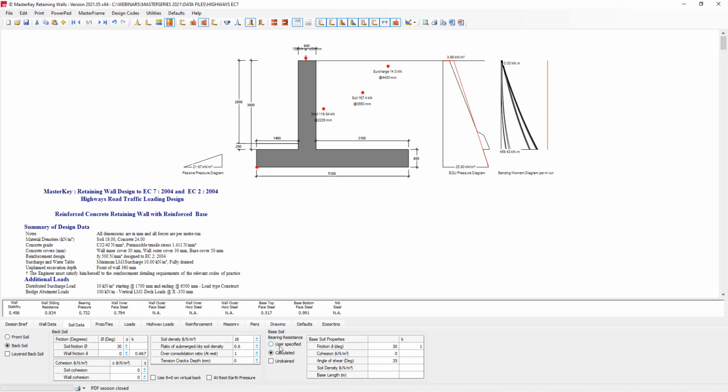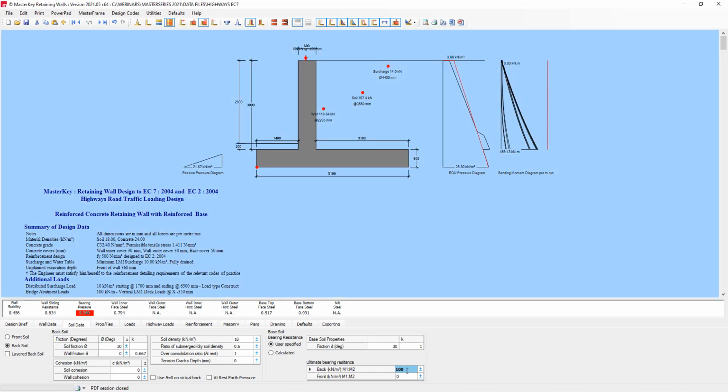Previously you had to specify your ultimate bearing resistance capacity. In Eurocode, you always deal with two different soil states. It's referred to in the UK as design approach 1. You consider one position where your soil is factored and your loads aren't, or loads are less factored, and then you consider the position where your soil is unfactored but your loads are factored. So the M1 and M2 soil factors produce different bearing capacities, and you could have input both of those there